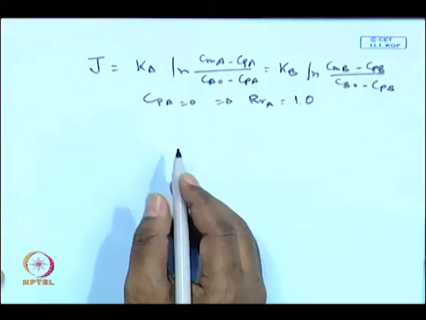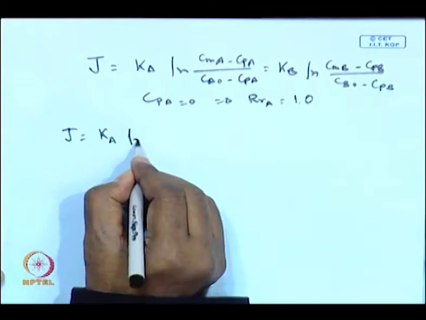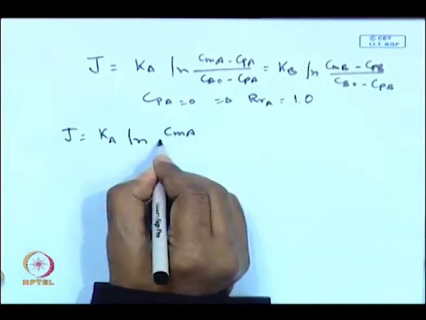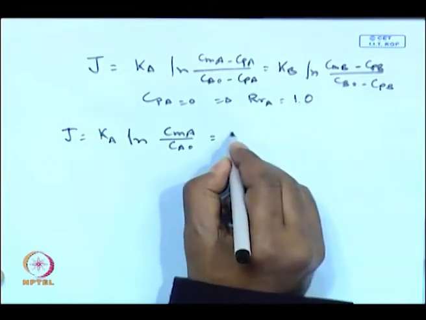Okay. So, you will be having J = K_A ln(C_MA/C_A0), which is equal to K_B